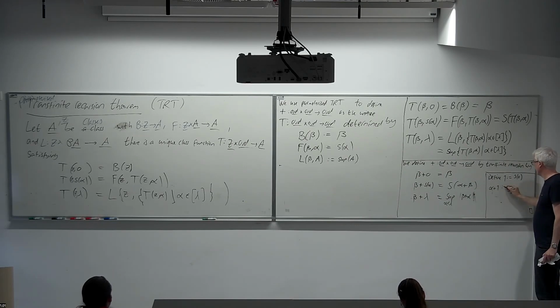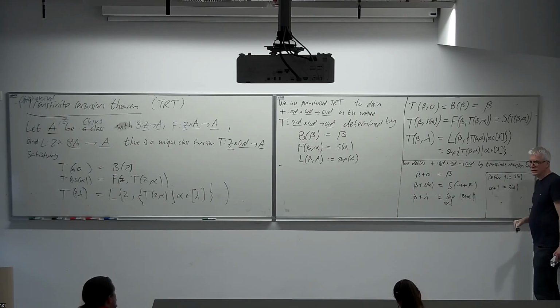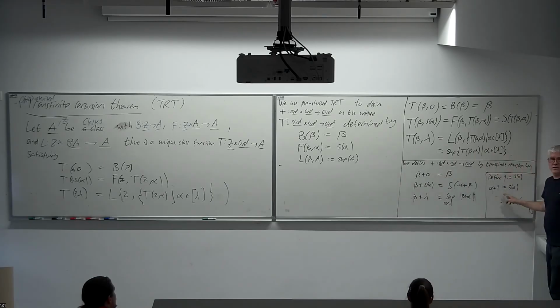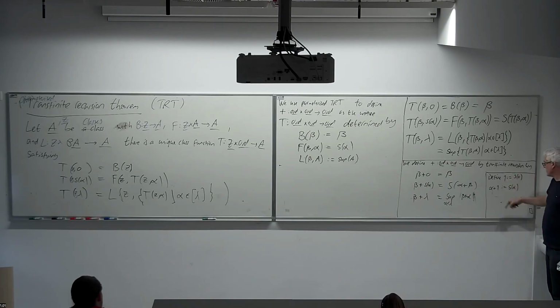So alpha plus 1 is the successor of alpha. Okay. So this answers Yore's question on Zoom from the first hour, how the structure relates to the arithmetic operations